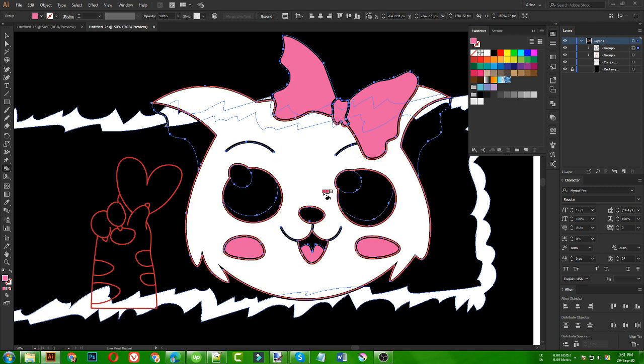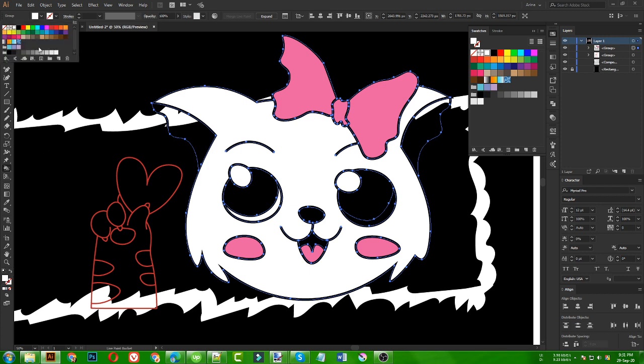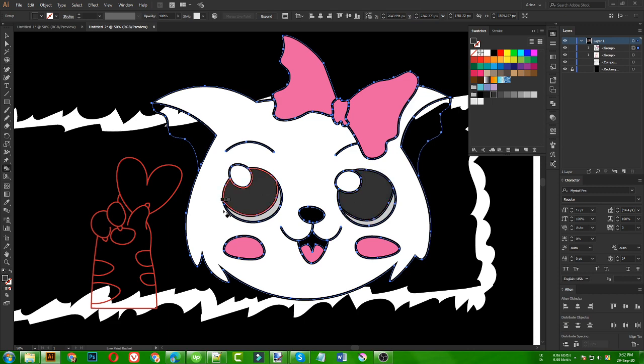Now for this eye here, I need to make it white, and this area also white, but not completely white. Maybe I can use a darker tone of white, this one maybe, just because this is the shadow area. Then for this area I need to fill that with kind of black, not exact black, but darker, a gray version.